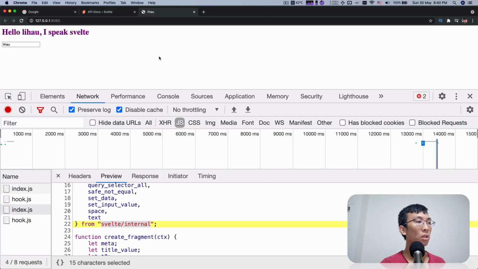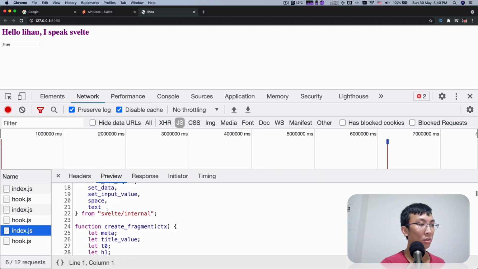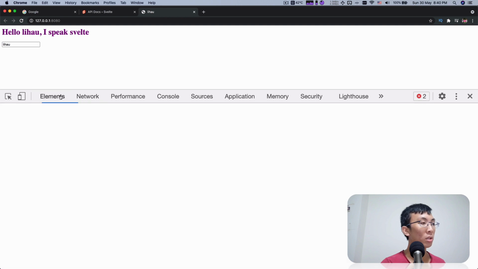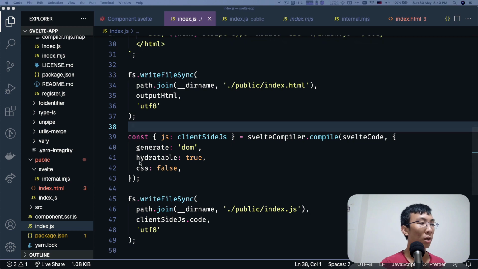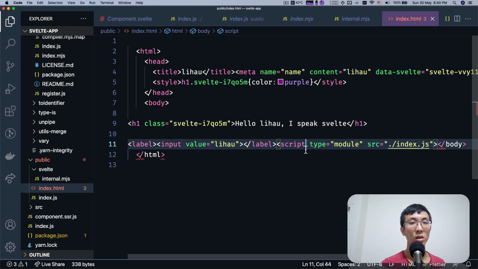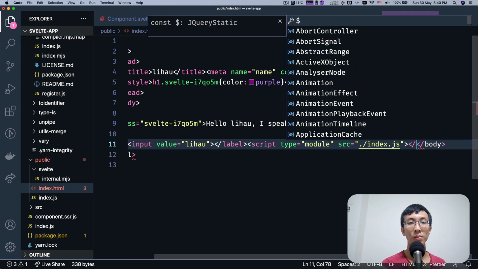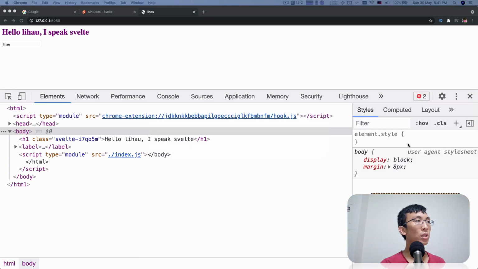Let's try to refresh again. Interesting. This is not resolving from the, let's see. Bundle will load this file, index.js type module. Oh, we didn't close our script tag. That's why there's problems over here. Okay, so let's come over here and close our script tag. I think we just come over here and do it ourselves in the build code as well. Okay, and let's refresh again.